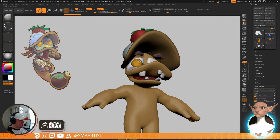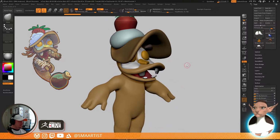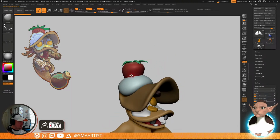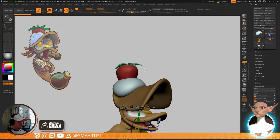I do need to refine the shape of the egg whites from what I have here. I feel like this one on this side is not going to work for me, but this one over here feels like it could work just fine. So we'll see how it goes. The bacon hair is going to be fun. The bacon hair is definitely going to make his head feel more balanced. And then getting that cream and the strawberry to feel the right size, that's going to be paramount. Just absolutely paramount. In fact, here's what we can do. We can grab...